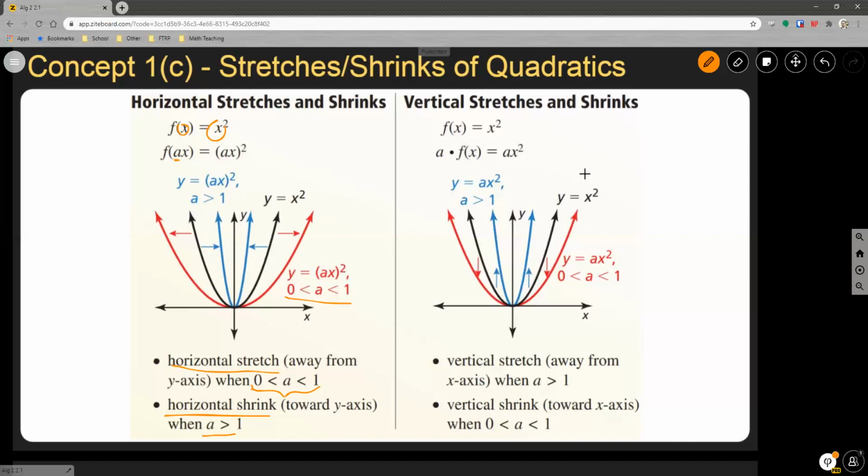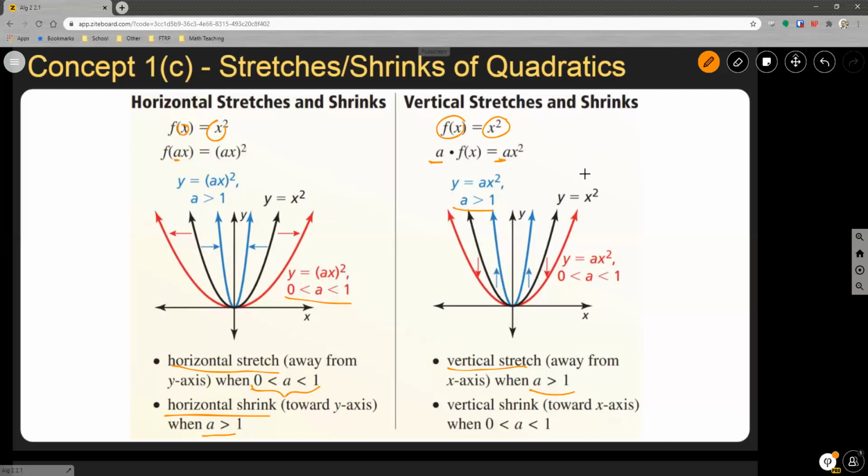With vertical stretches and shrinks, it's a lot more straightforward. Again, I'm stretching the entire function. This time my entire function is x squared. So if I'm stretching or shrinking it, I'm multiplying the entire function by the a value. So I take x, I square it, then I multiply by a. If my a is greater than 1, then it's going to be a vertical stretch, like in the blue picture. It's getting stretched vertically, which makes it look like a horizontal shrink,